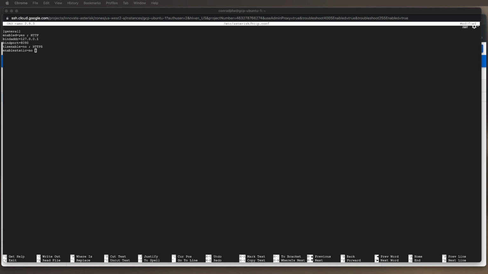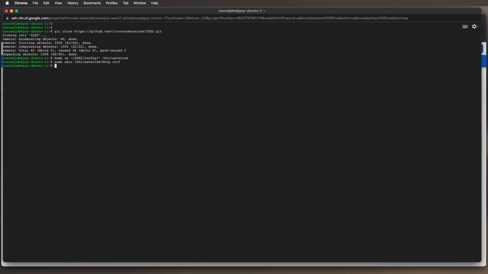Essentially I can restart my Asterisk service now, so Control O for output, X to close, and here I'm going to restart my Asterisk service. Asterisk will now be running with that port open. Okay, and I'm now going to go on, because I'm going to be installing Apache. I'm going to put myself into superuser for the moment, and I'm going to follow the same process as I did before